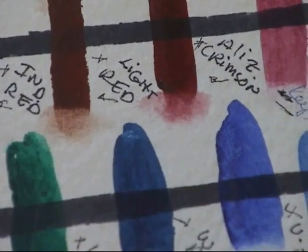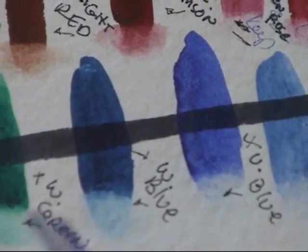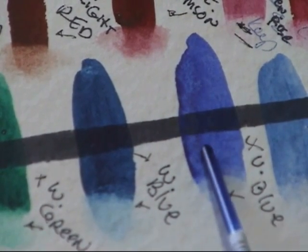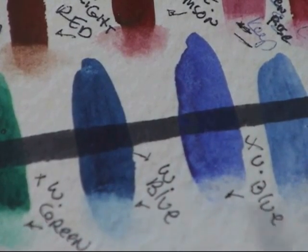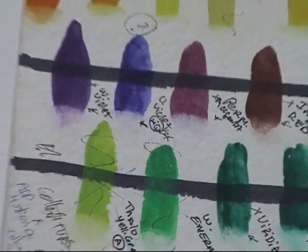Alright, here's a good one. This is a pretty dark blue here, and this is Winsor blue right there, a dark color. And look at how that black magic marker shows through there. Obviously, that's a very transparent color. And then we can go to a lighter color. Let me go back a little bit here